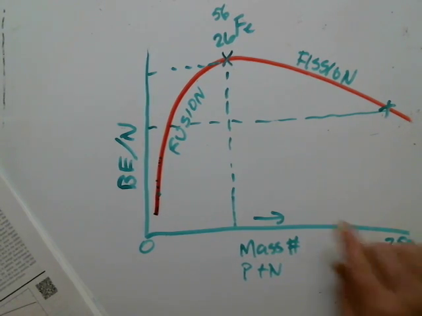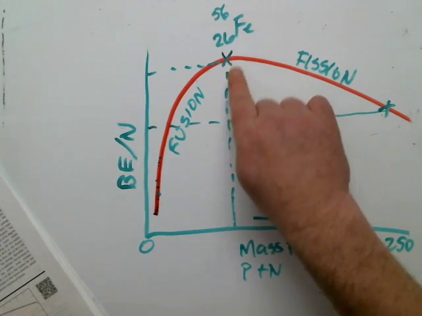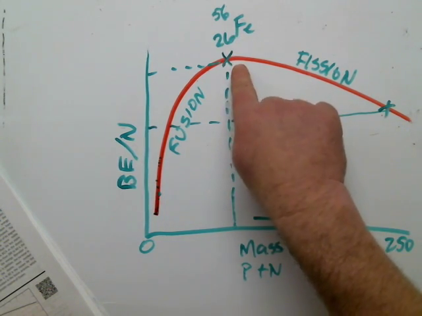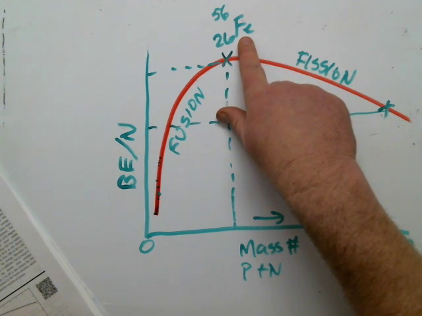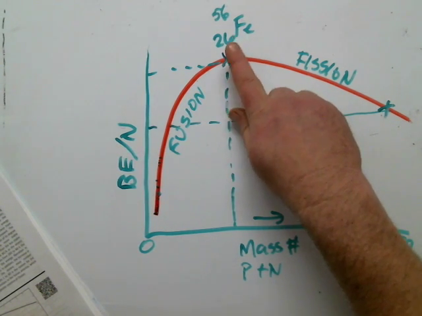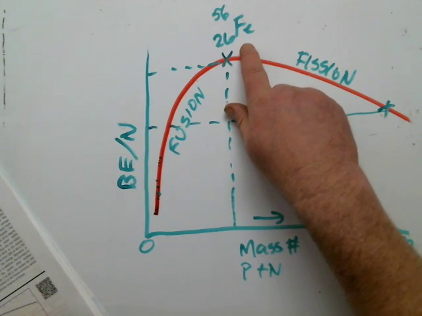Binding energy per nucleon, peaking at around iron 56. In your book, it'll just say somewhere around 60, but it actually peaks at 26 iron 56. The most abundant by mass isotope on Earth is 26 iron 56 by mass. By atom, there's more 6 carbon 12 atoms on Earth, but by mass, there's more iron